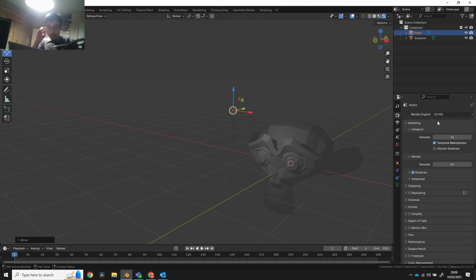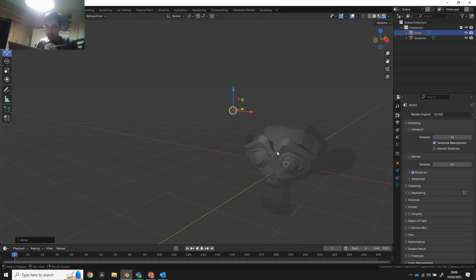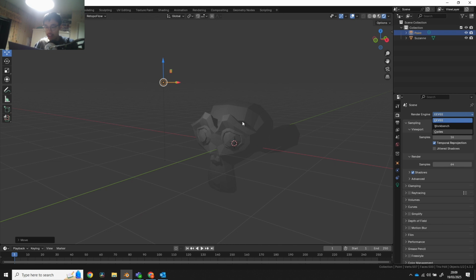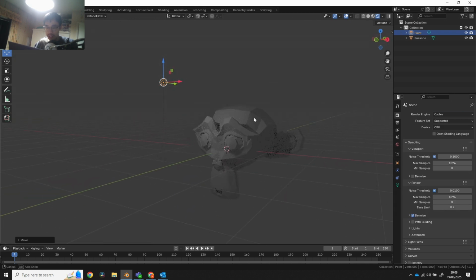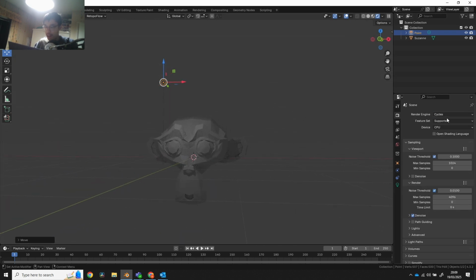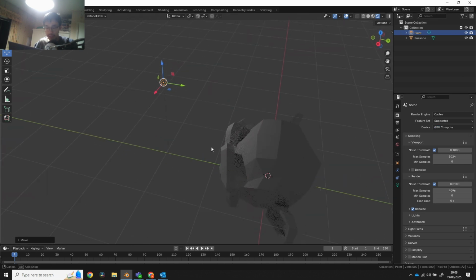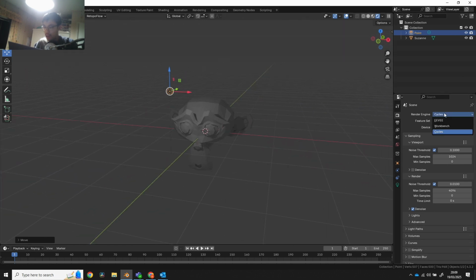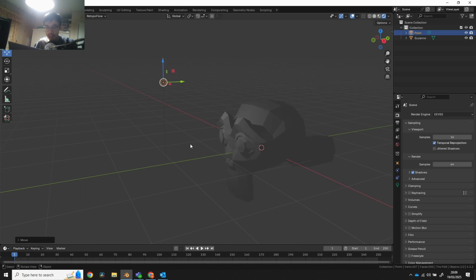Typically people use Cycles for the final render unless they're doing some kind of cell shaded look. However, Eevee is therefore good for previewing in very quick time. As you can see, I can move this really quickly in Eevee compared to Cycles. If I move it in Cycles, there'll be a little bit of lag involved, even if I do the GPU compute. Actually, that's a lot better, but it's still laggy,